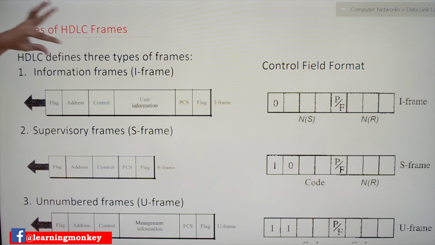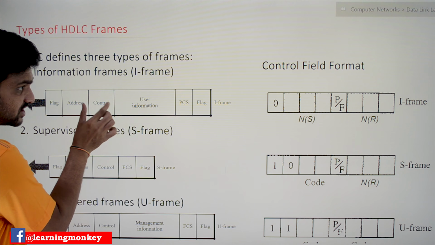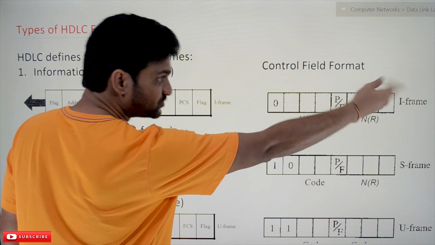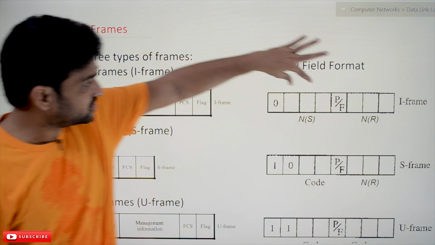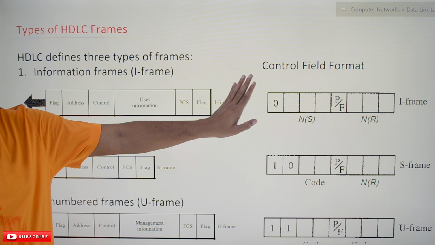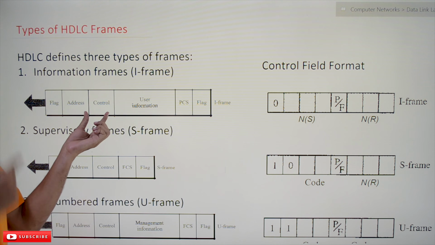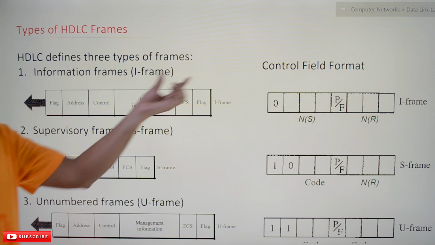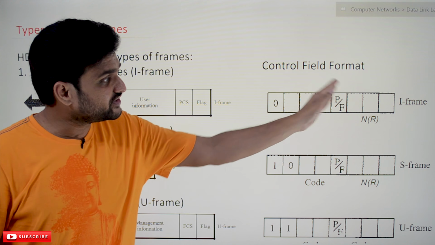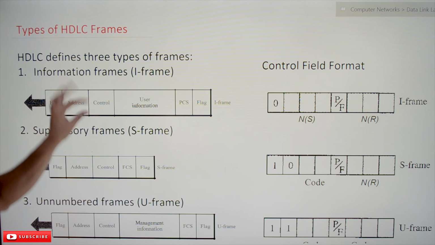The most important field in a frame is the control field. Each control field is structured in its own way. This is how the control field of the I frame will look. These are the corresponding control field formats. We will try to understand how the fields within that control field are divided. Each framing mechanism will have its own control fields. These are the bits that are used within the control field format.